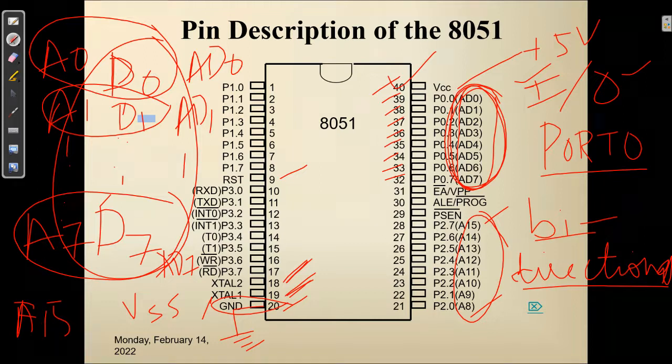Again I'm repeating, if your port 0 is doing the dual function of data transfer as well as address, and if it is purely used for data transfer, then port 0 can be used as an input port, or as an output port, or both. Both. हाँ, यस बोथ. क्योंकि आपका डेटा अंदर भी जा सकता है 8051 में, या फिर आपका डेटा बाहर भी जा सकता है